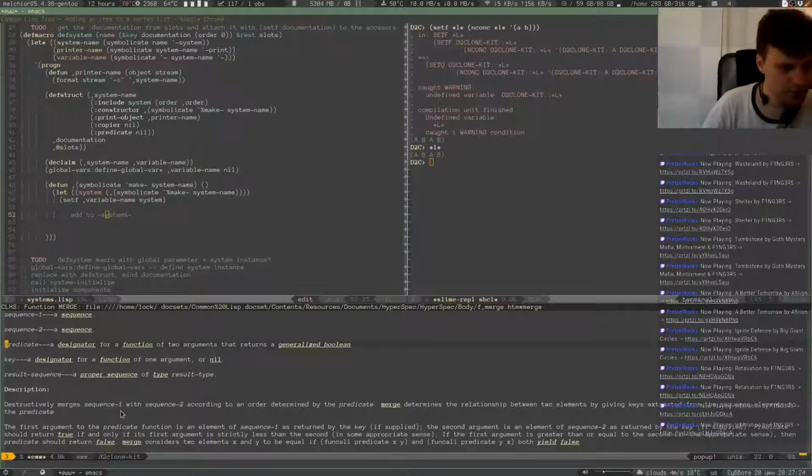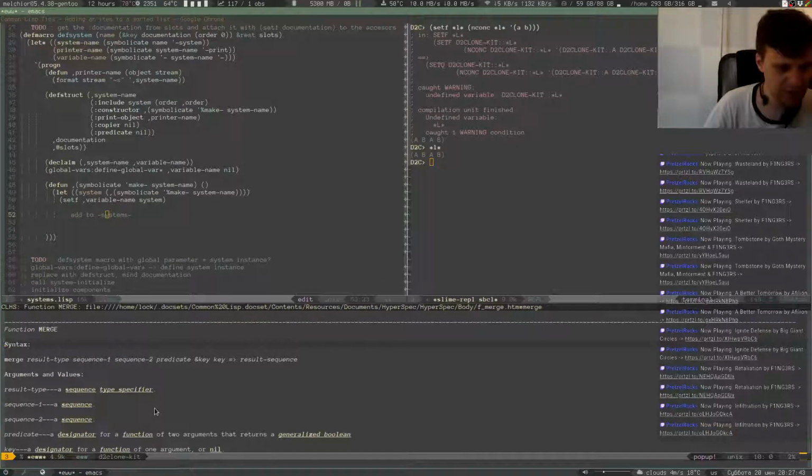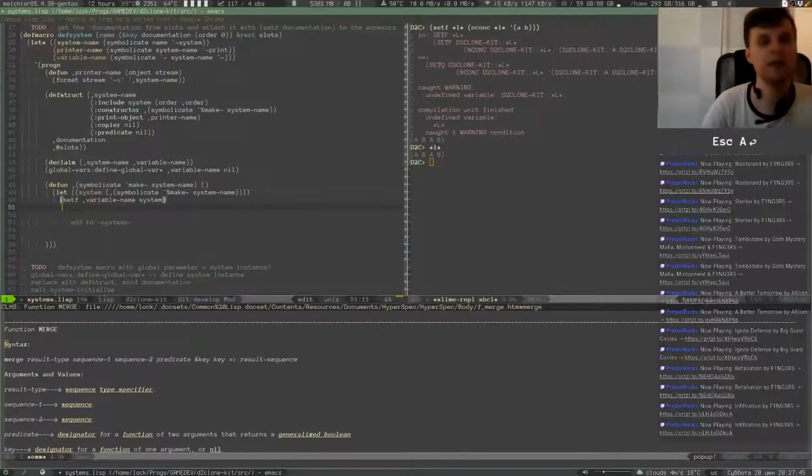Check the merge sequence 1 and sequence 2 according to my order. Oh, okay. I didn't know about the function merge. That's interesting. And it's also destructive. That's definitely what I need here. Okay, that's cool. So, gonna merge